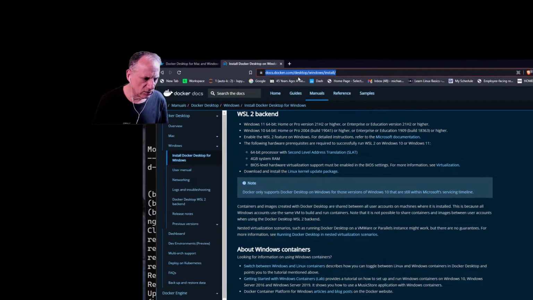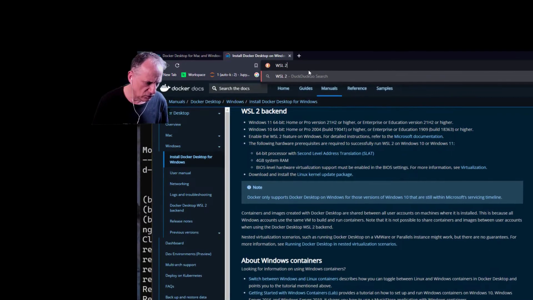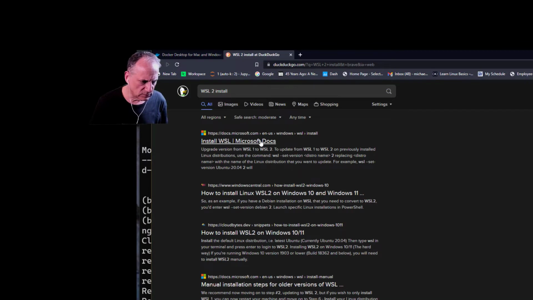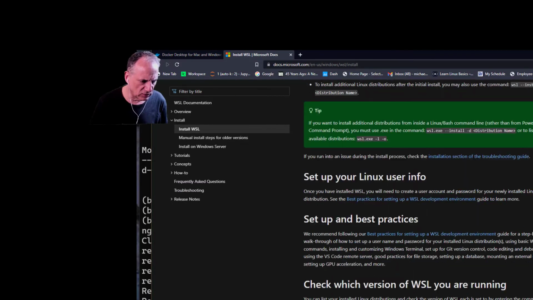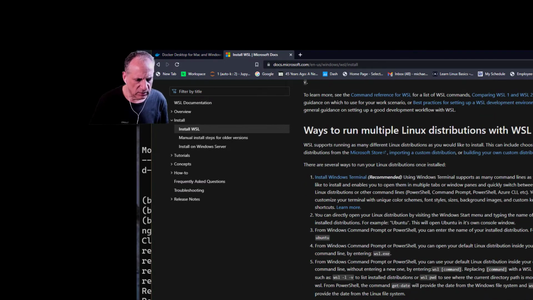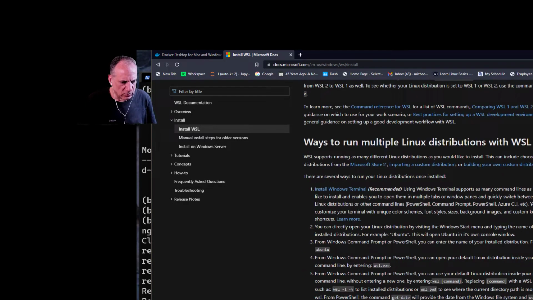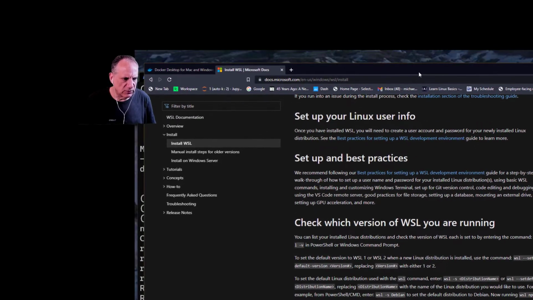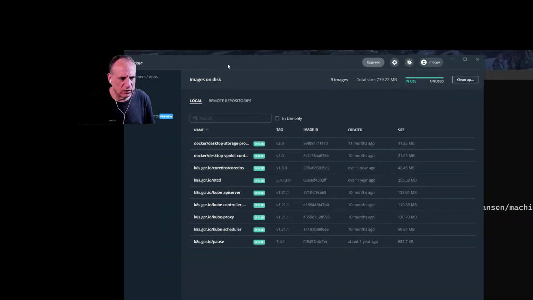you can Google Windows Subsystem Linux to install, and there's a bunch of instructions on how to do that. So I'm not going to go through all of those steps. If you can go through those steps, or you can use the other method. It has two different methods for installation. I've got this installed already, so once it's installed, you'll